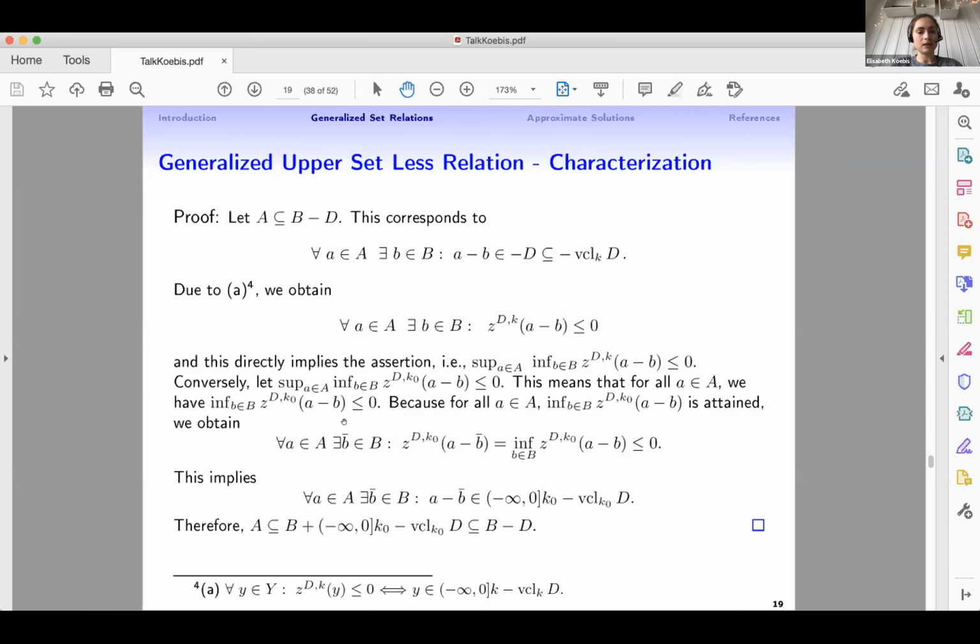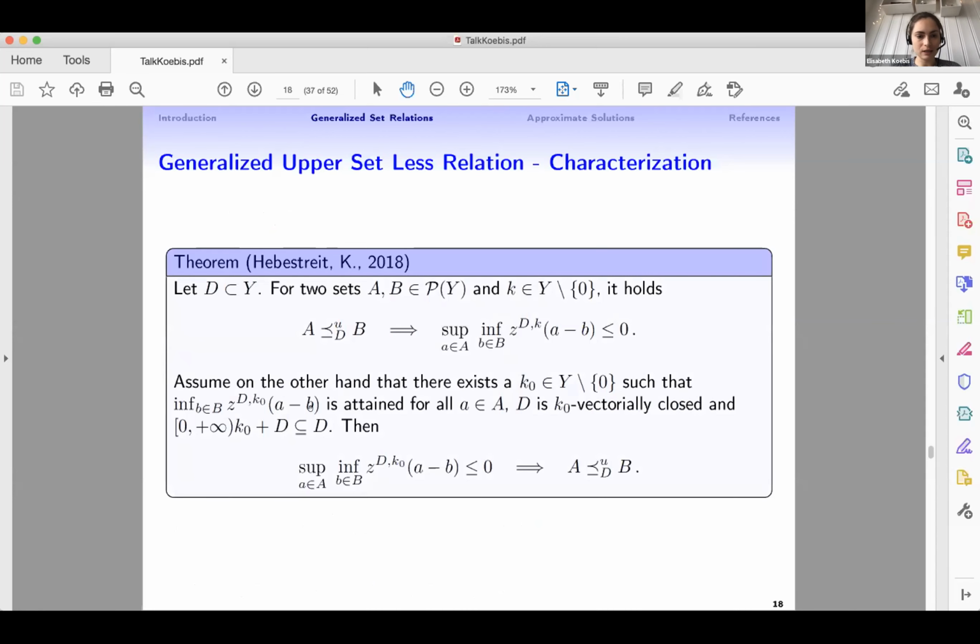exists a b overline b, such that this value here is equal to the infimum, which is smaller or equal than 0. And this immediately implies, again by using property A, that for all A there exists an overline B such that this point here is included in this set. And therefore, by rearranging the terms, we can see that A is a subset of B plus this value here. And this is a subset of B minus D according to our